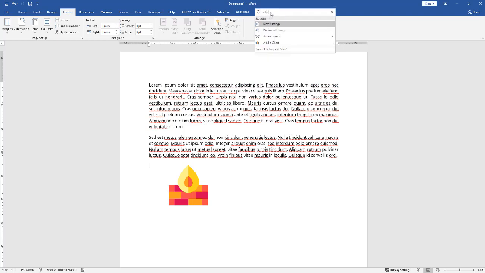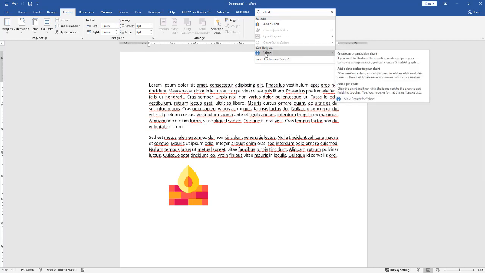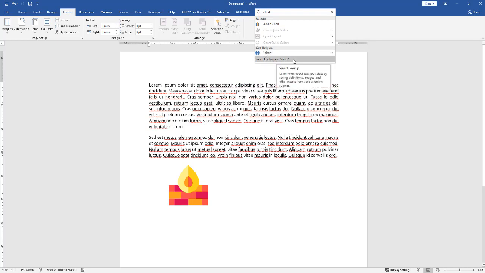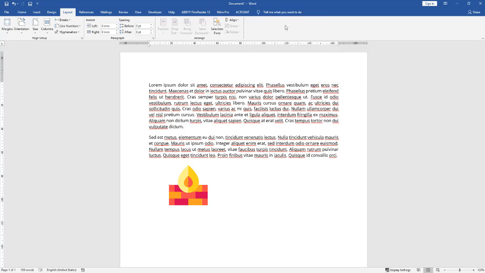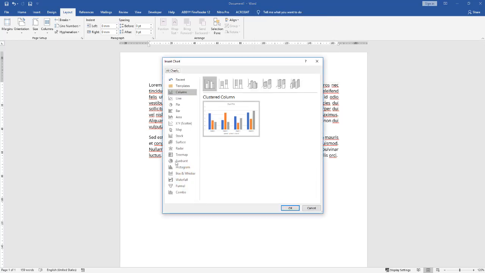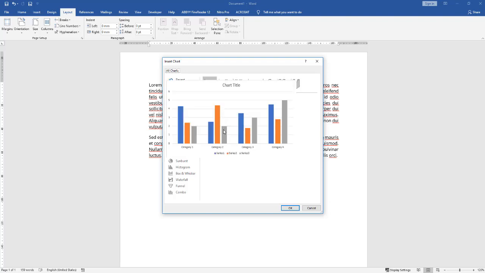Let's click here again. Let's say we wanted to add a chart. Well, click in here and type in chart. You can see right here on the top, another action is Add a Chart. Hover over that to get a little blurb on what it's all about. Down below we could also get help on adding charts. But if you really want to do a chart, just click here on Add a Chart, and you are taken